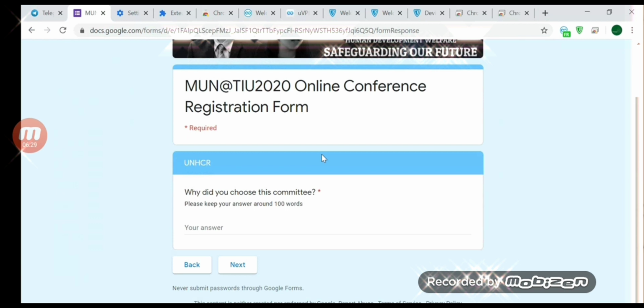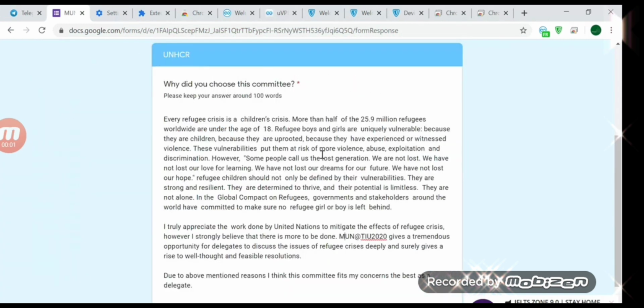So that's why Model United Nations all the time try to put this kind of motivational essay, so they can make sure that applicants are aware of what they're applying to. So right now I have to pause in order to write my motivational essay. However, while I finish, I'm going to show you and explain why I wrote this and why it is important that I wrote this. So as you can see on my essay right here, the first sentence of my essay starts with,